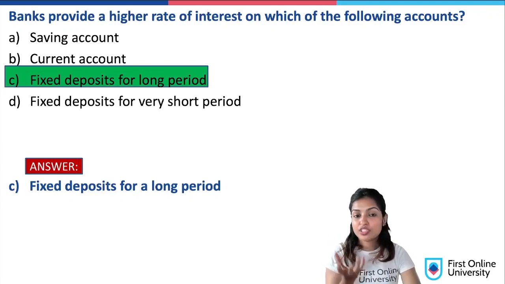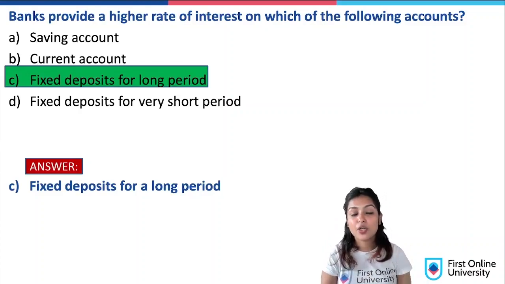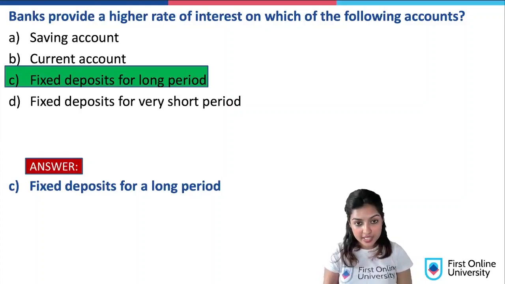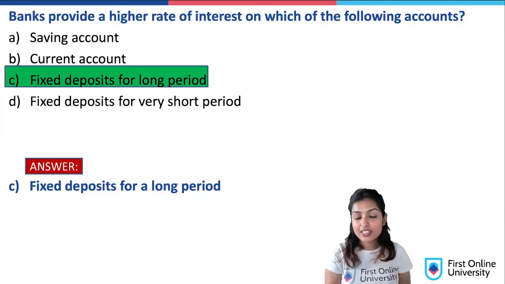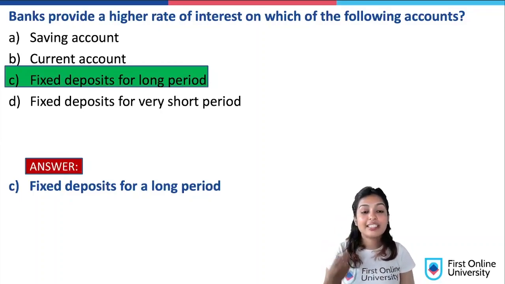So fixed deposits are those deposits that are kept in the bank for a very long time and for years together, with the depositor saying after so and so years I will come and take the money back from the bank, right? So once this kind of fixed deposit is there in the bank, it is a kind of incentive for the bank to lend out that money as loans to the ones that are in need.